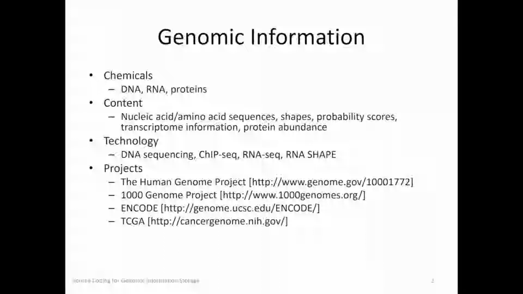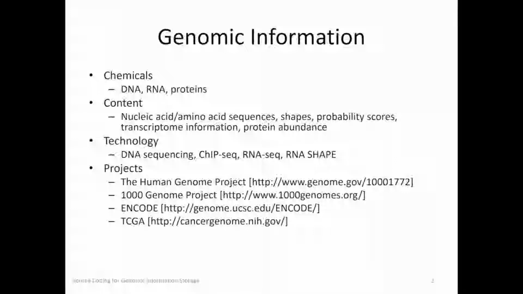So what do I mean by genomic information? I mean DNA, RNA, and proteins. And in terms of content, it doesn't only include nucleic acid and amino acid sequences, but also information such as shapes of these molecules, probability scores, which tell you how confident you are with the measurements from the experiment, and the transcriptome information, and also protein abundance, and so on